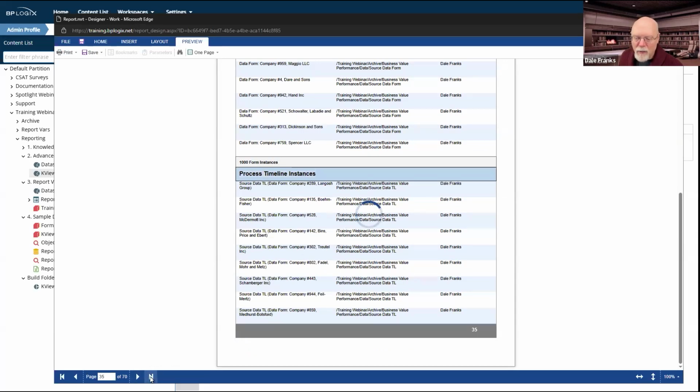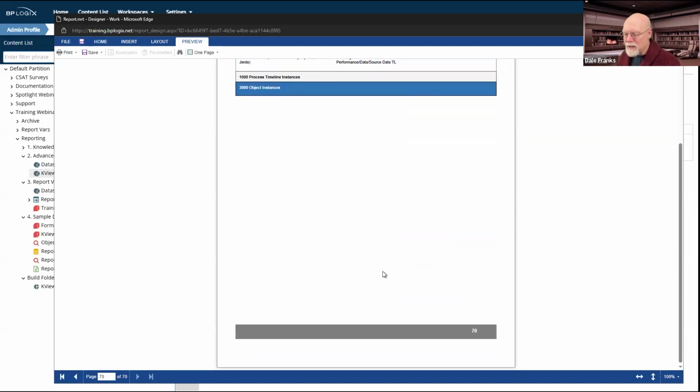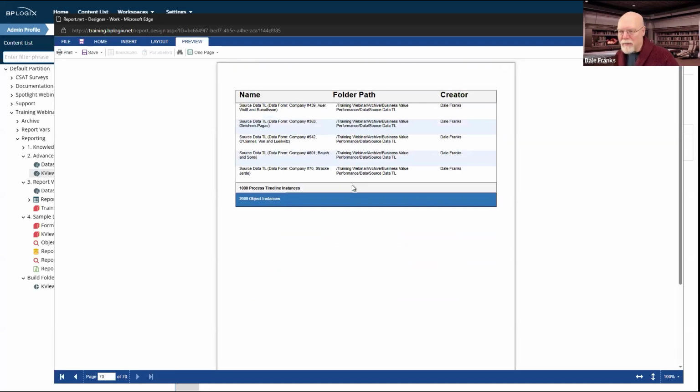And if we go to page 70, then we see, again, 1,000 process timeline instances is our group footer. And then our report footer shows us our 2,000 object instances. And at the very bottom of our page footer, we can see that we are on page 70. So we've generated a 70-page report.